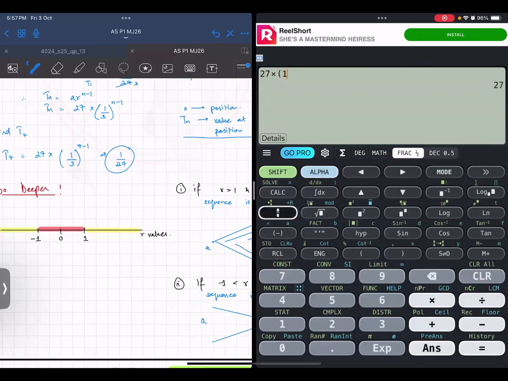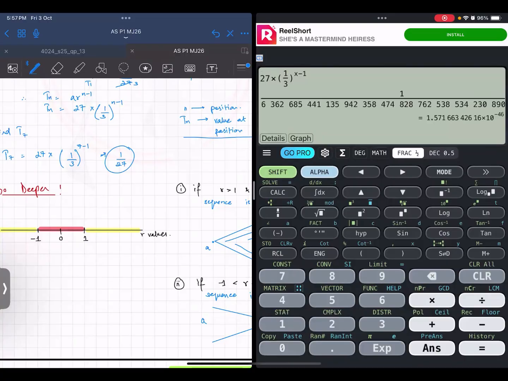For example, in this case, 1/3 power n minus 1. Suppose your x is 5, you have the answer 1/3. When your x is 6, look, it is getting smaller, 0.1111. If your x is 15, the 15th term is an even smaller number. If your x is 20, even smaller. Then if 100, look,